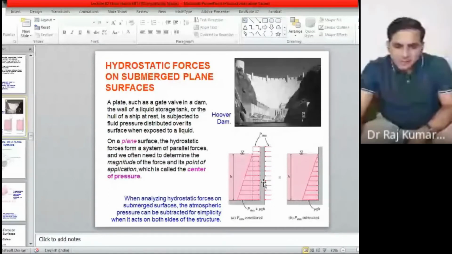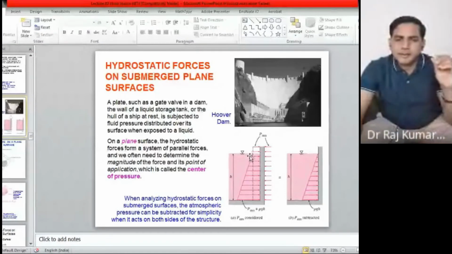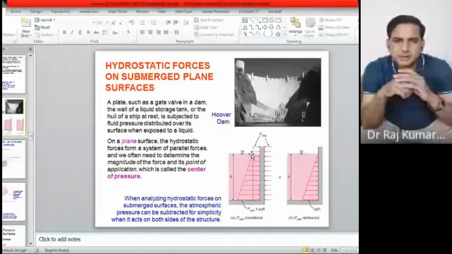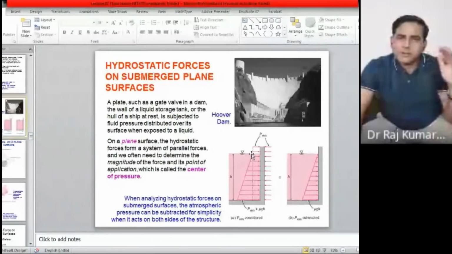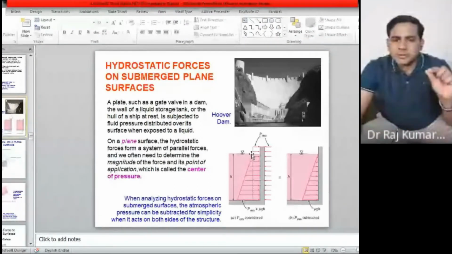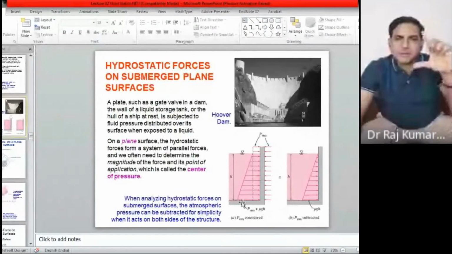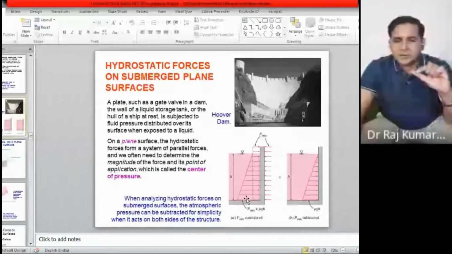Now let's see what is happening on this line here. This is only because of fluid pressure. At the top, the fluid pressure is calculated by rho g h only. Yes or no? So when you are at the top surface, h is 0, so this starts from 0 only. After that you go down by some h, so the magnitude changes slightly. Then again it changes, and finally you reach this point, where the pressure of the fluid is for the complete height of the fluid, that is rho g h.